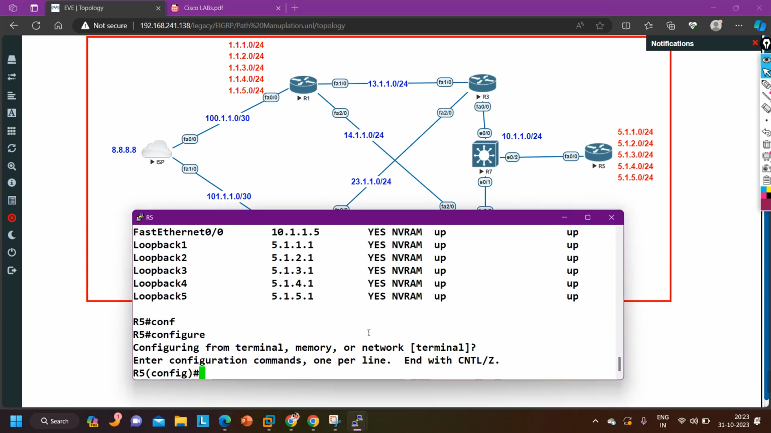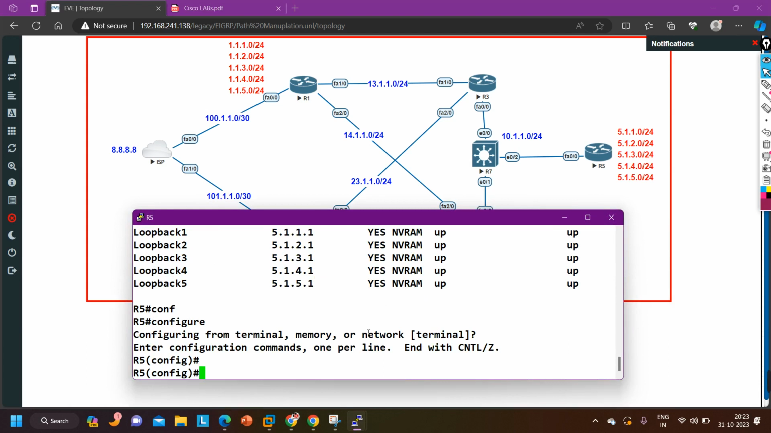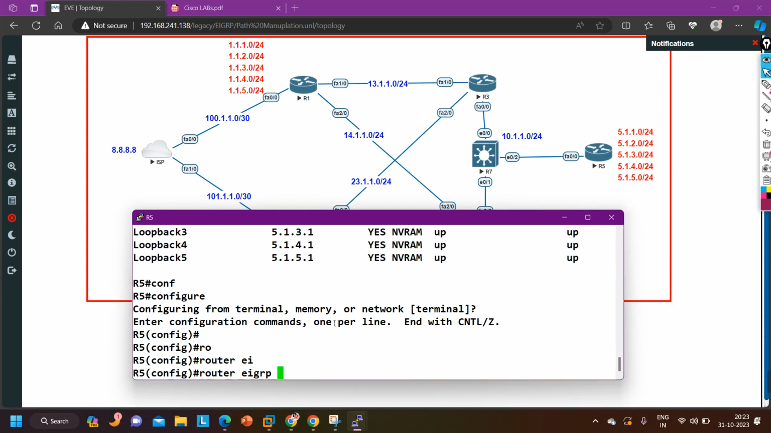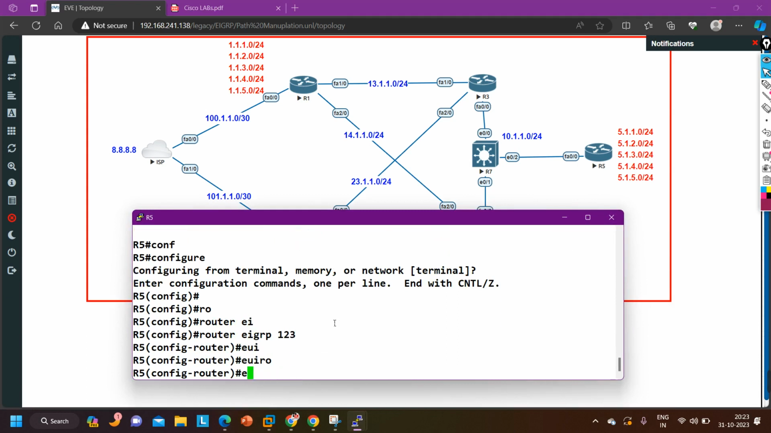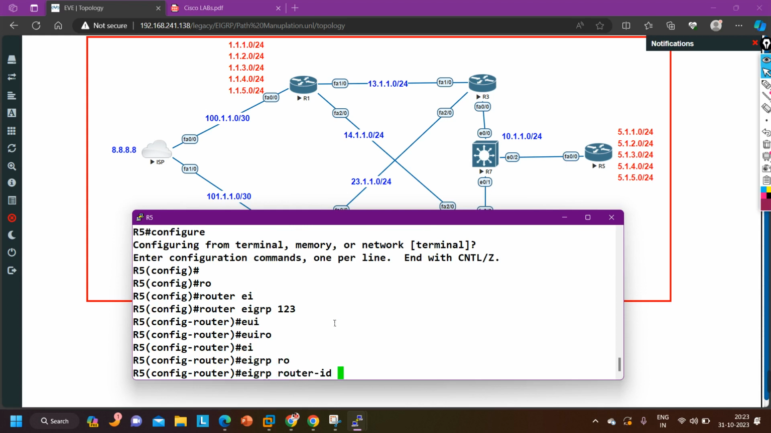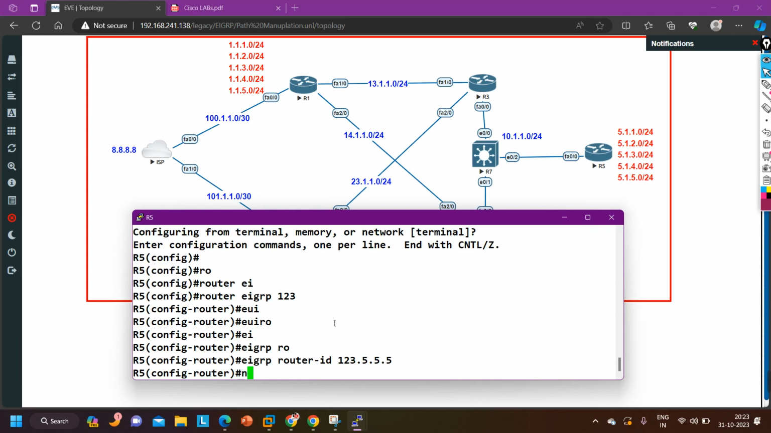Here it won't show the neighborship as the EIGRP router ID. No, it is showing the IP address of the neighbor. Okay. Here, router EIGRP AS number 123, EIGRP router ID is 5.5.5.5, and network